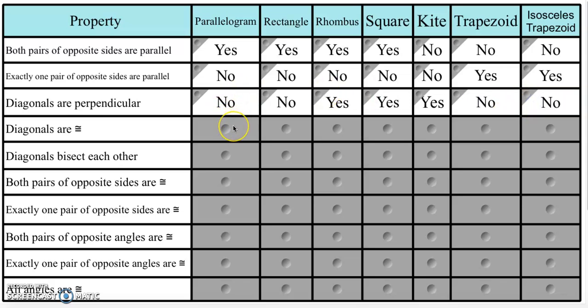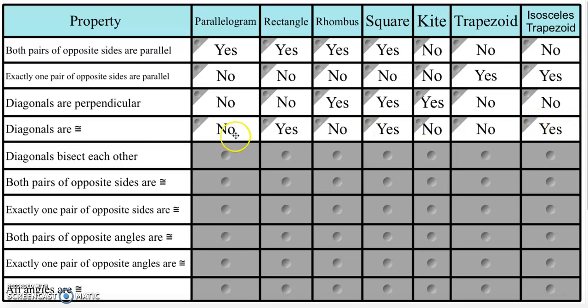All right, diagonals are congruent. Tricky one. You want to say yes for parallelogram, but actually the answer for that one is a no. Rectangle does have congruent diagonals. Rhombus is definitely a no. Square is a yes. Kite, the diagonals are definitely not congruent. On a trapezoid, they are definitely not congruent. But an isosceles trapezoid, that's one of the special characteristics of it, is that the diagonals are actually congruent to